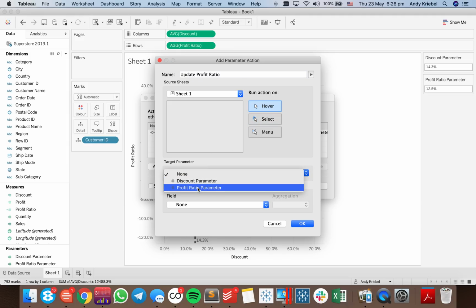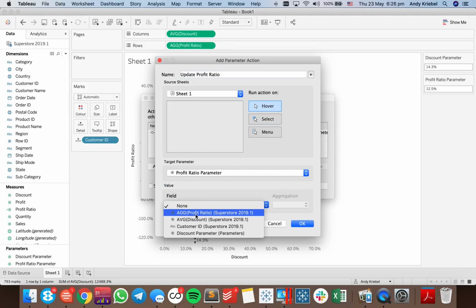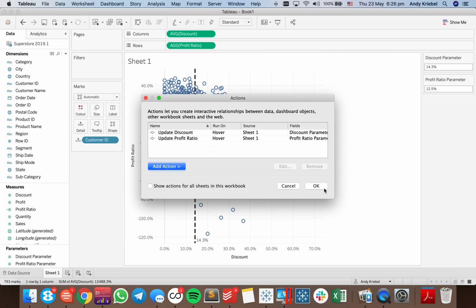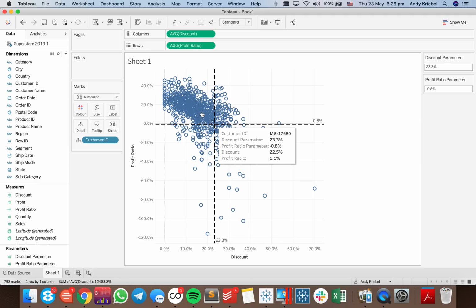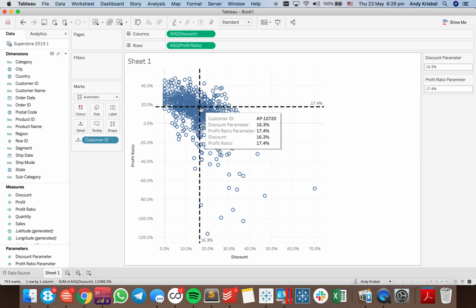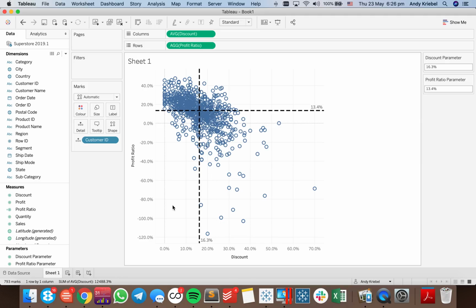And my target parameter is profit ratio. And I'm going to update my profit ratio. There we go. And now I have this line as well. So now when I click, you can see that both reference lines move to that point at the same time. Okay, great. So now that we have that, let me just go ahead and change my mark types to circles,